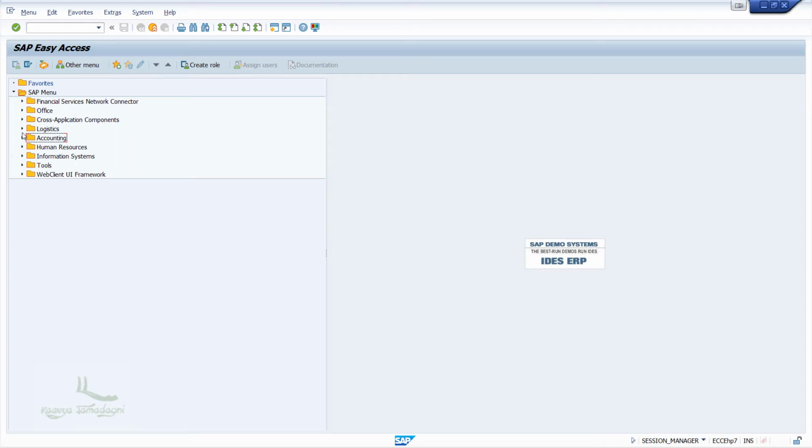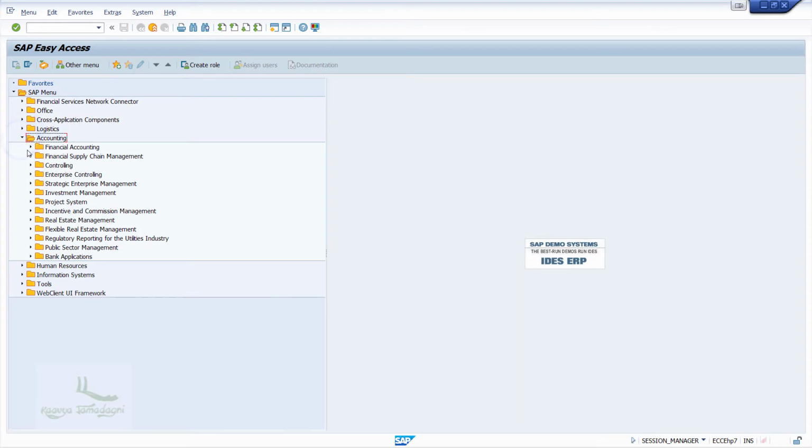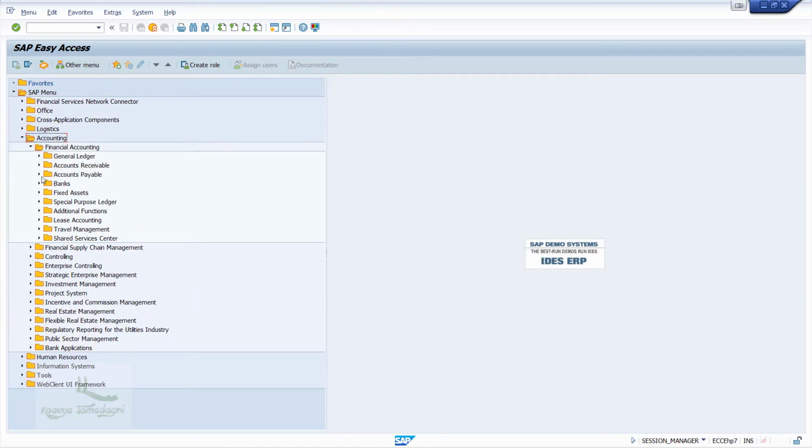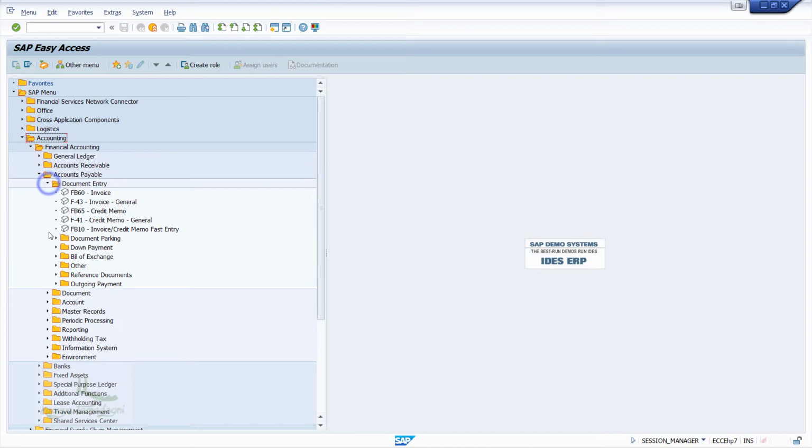Now let's post the advance paid to vendor transaction in SAP. For that, we will use the T code F-48, or else you can always use the menu path too. So what is the menu path for this? From SAP Easy Access, it is Accounting, Financial Accounting, Accounts Payable, and then Down Payment, and finally double click on